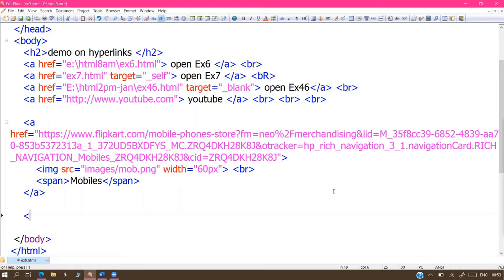Today the link is available, tomorrow it may not be. Maybe they are moving or deleting it from that website, because live links are not your own links. Others created the links and you are using them. How many days will that link be available, sir? No idea. If that link is deleted, your website also gets affected. So it is better to maintain downloads and copy them into your project folder, like our images concept. Copy into your folder, then try to apply.